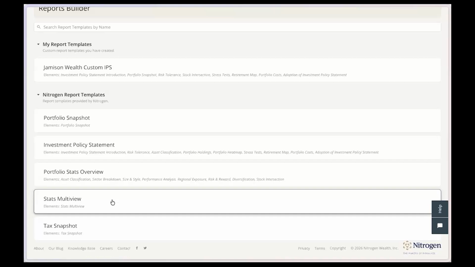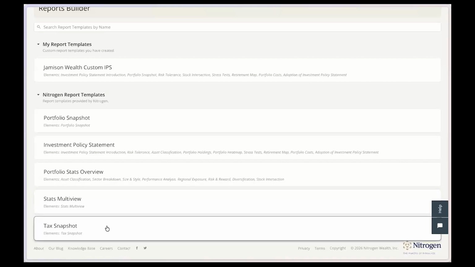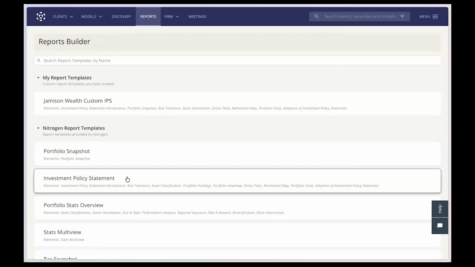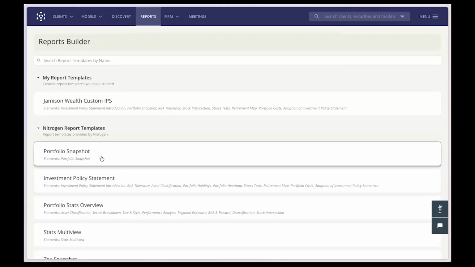As well, if you have Tax Center as a part of your subscription, you'll likely see that tax snapshot. But the core reports really will be the snapshot and the investment policy statement. So now that I've talked about all that, we're going to get into some action. We're going to select the portfolio snapshot for right now,